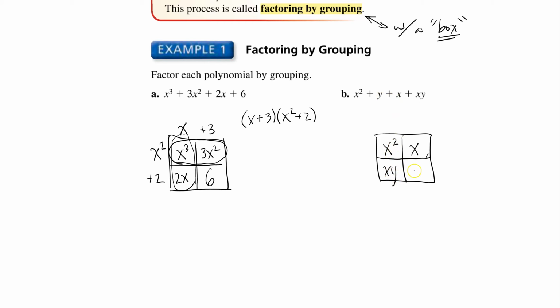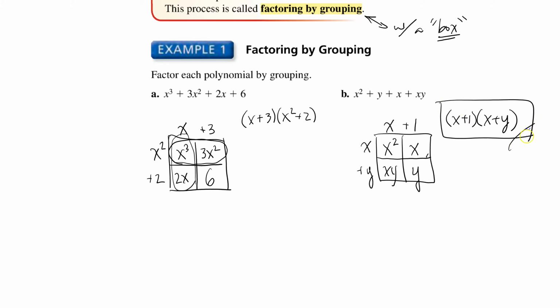And then the final thing I'm going to put is y down here. And so I look at x squared and x, they have an x in common. And x times x is x squared. X times 1 is x. And x times y is xy. And then just to be sure, y times 1 is y. And so the factors of this particular thing that we do by grouping with the box is x plus 1 times x plus y. And that's the final answer here